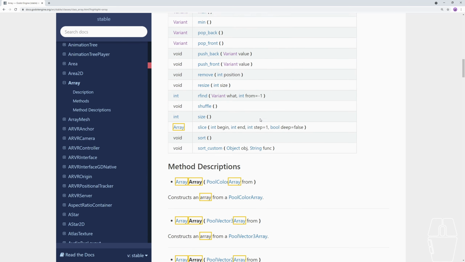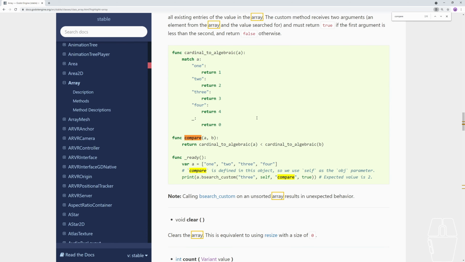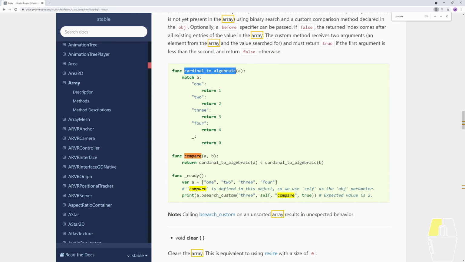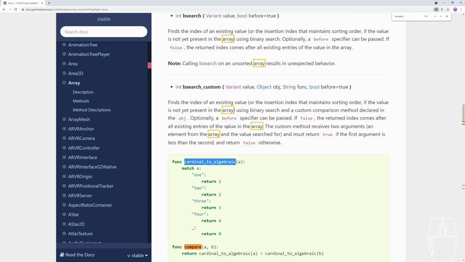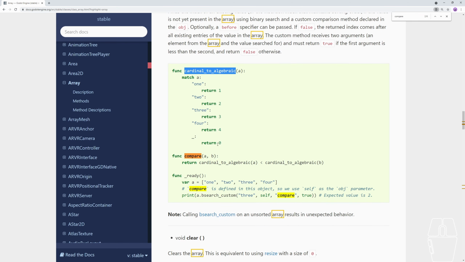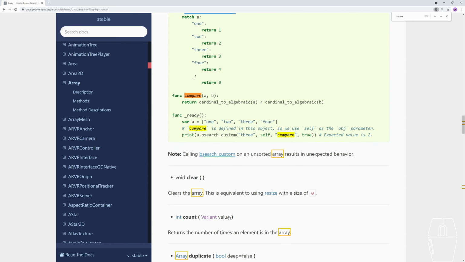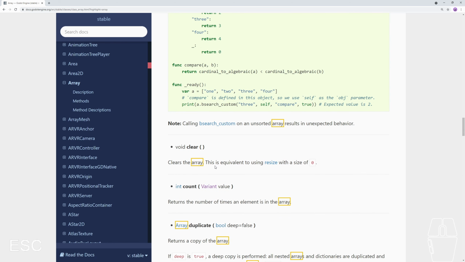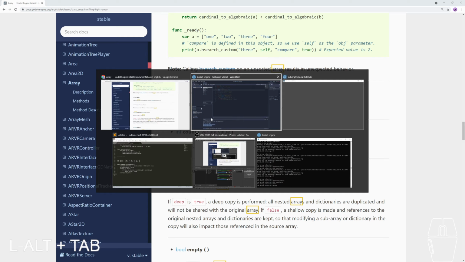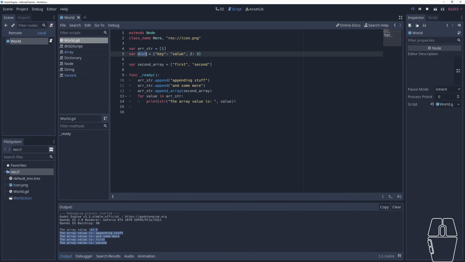You can actually compare arrays, I guess. I don't know if this is a custom function or not really, but you can actually compare arrays with